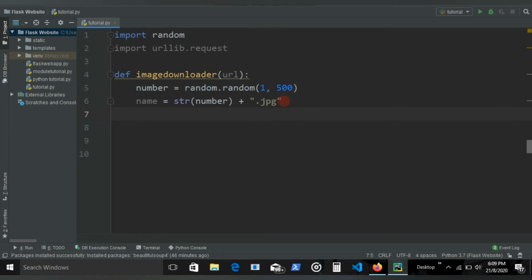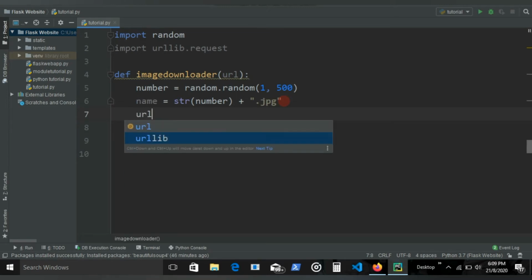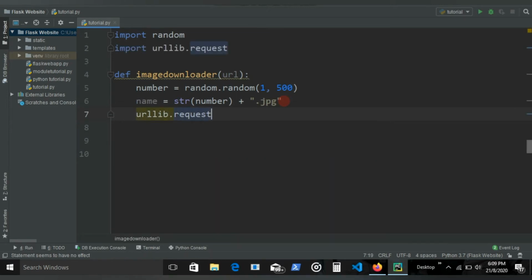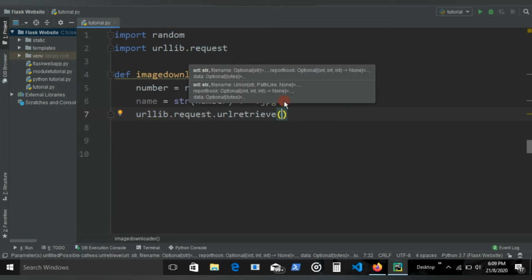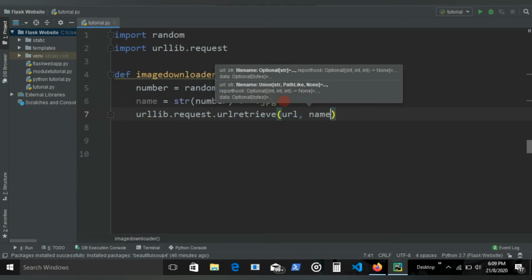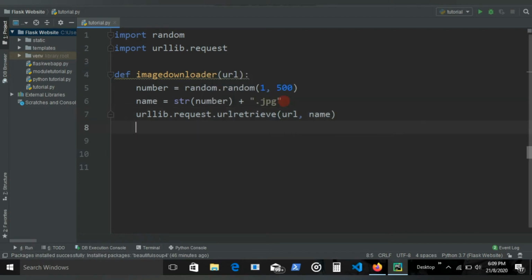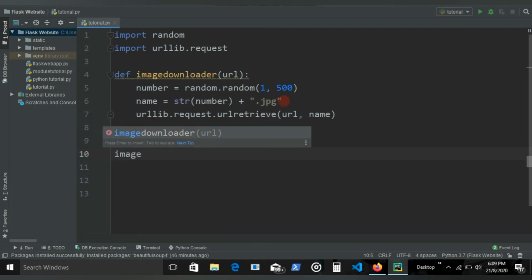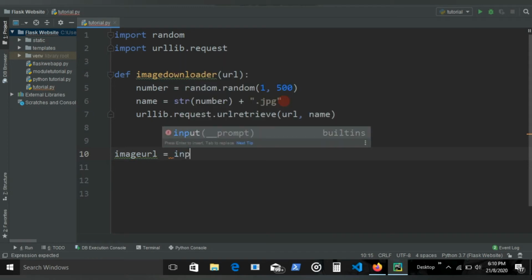Now the thing that is left is urllib.request.urlretrieve, and it takes in two parameters. First, the URL of the image, and then the name of the image. So our function is pretty much done. Now let's get this image URL from the user. So input,